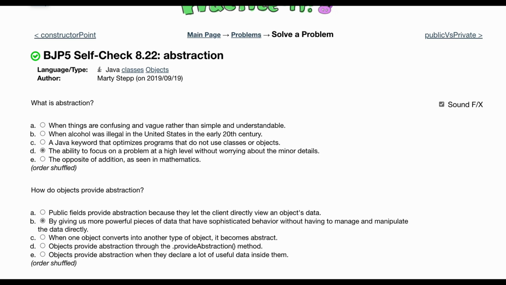So that's abstraction. We also have, how do objects provide abstraction? Now, there are some tricky ones in here, but I'm only going to give you the right one for this. How do objects provide abstraction? It's by giving us more powerful pieces of data that have sophisticated behavior without having to manage and manipulate the